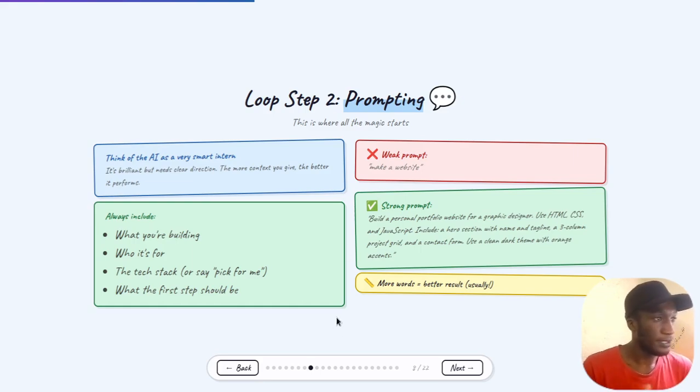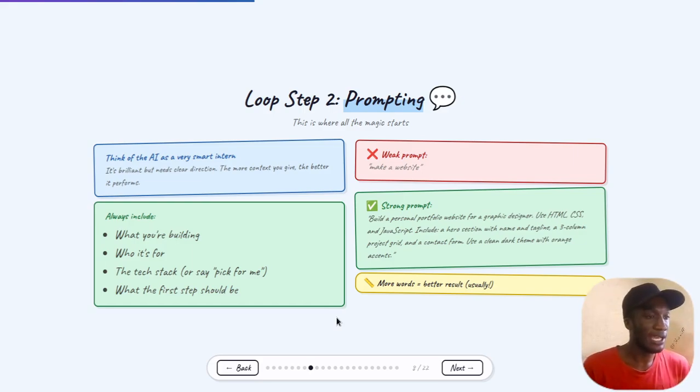So loop step 2, which is the prompting. What's prompting? Think of AI as a very smart intern. It's brilliant but needs direction. The more context you give, the better it performs. That's why I was saying garbage in, garbage out.